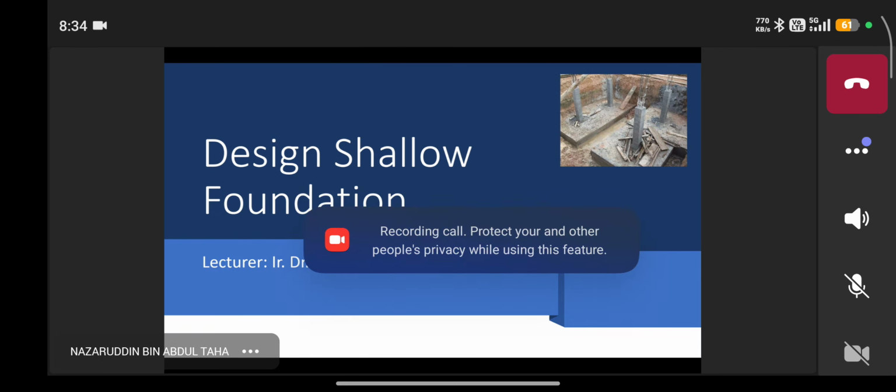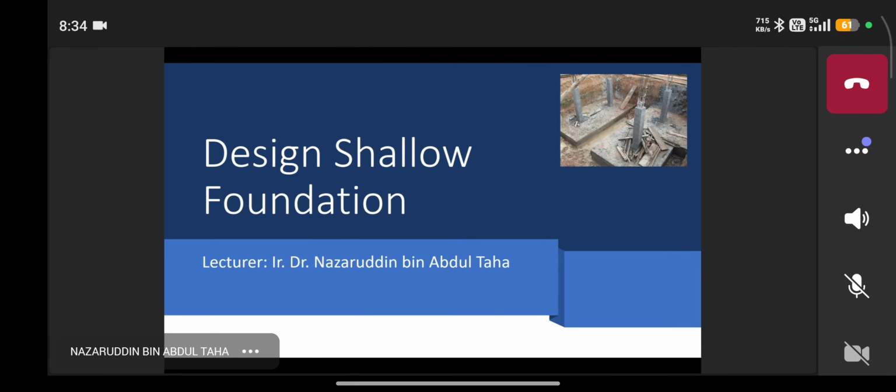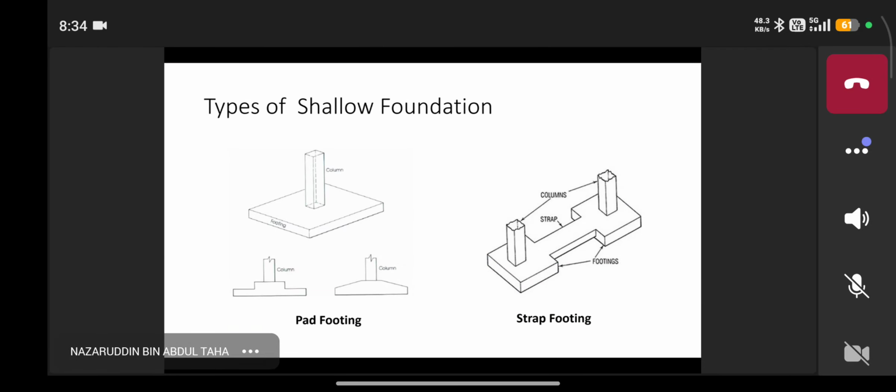Let's say the bearing capacity is very high, so you can design and apply a shallow foundation. In shallow foundation we also have several types, but the common, economical one is the pad footing. And then let's say you have a very close